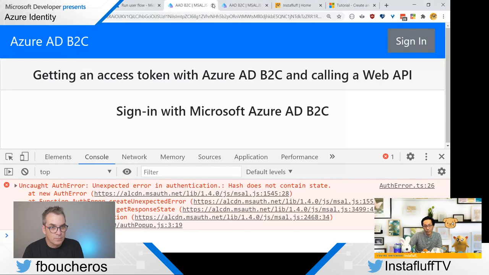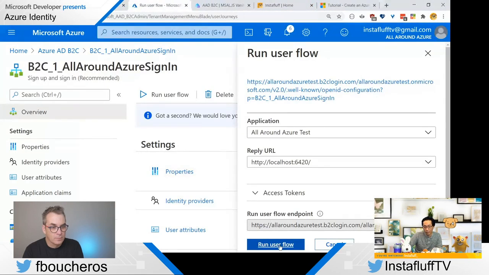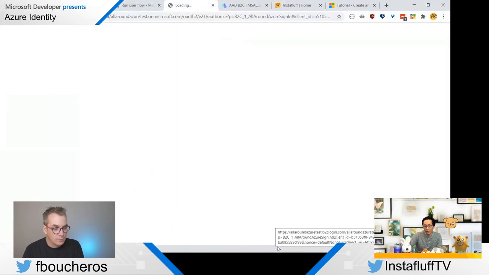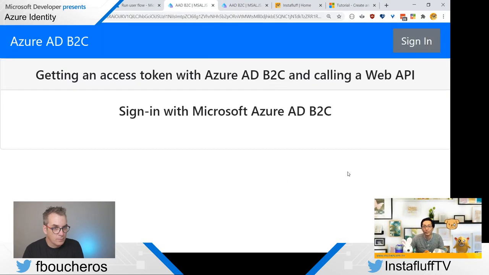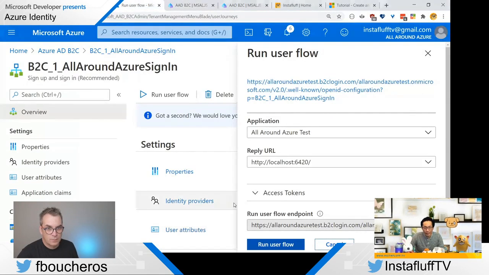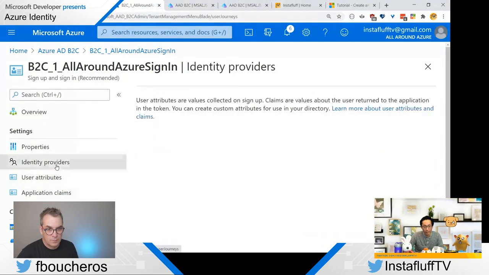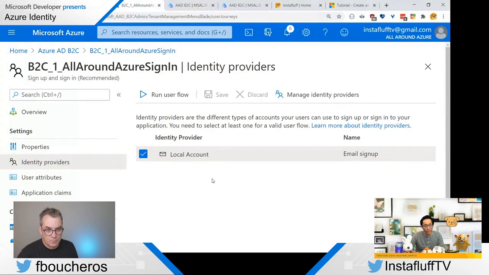So I'm going to try running the user flow again. And then sign in. Here we go. You'd use their auth provider unique ID as a key to their database. Do you think I did the token, or not the token, the app ID, right?